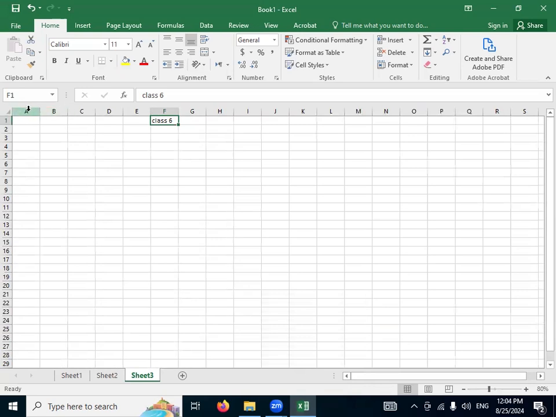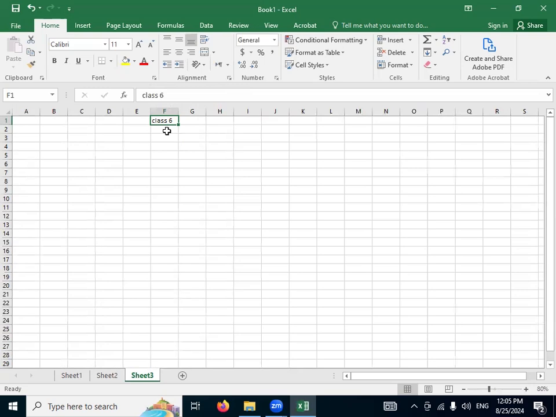the area of the column that is mentioned using alphabets, these are known as letters in MS Excel. A, B, C, D, these are known as letters. And the 1, 2, 3, the area which is mentioning the rows, those are known as numbers in MS Excel. And there is another thing: the text you have written inside any cell, like I have written class 6 in this cell, the text written inside any cell is known as a label. Okay? These are the major concepts of the layout of MS Excel.